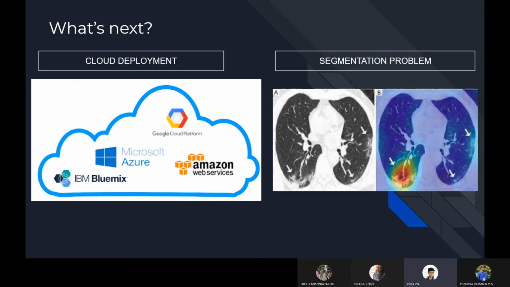The next improvement we can make is to turn our binary classification problem into a segmentation problem. So instead of just detecting whether a person has COVID or not, we can detect the exact position where the COVID has spread. This requires the use of a GAN neural network. This GAN neural network will require high computing power, so this is not feasible for our project.